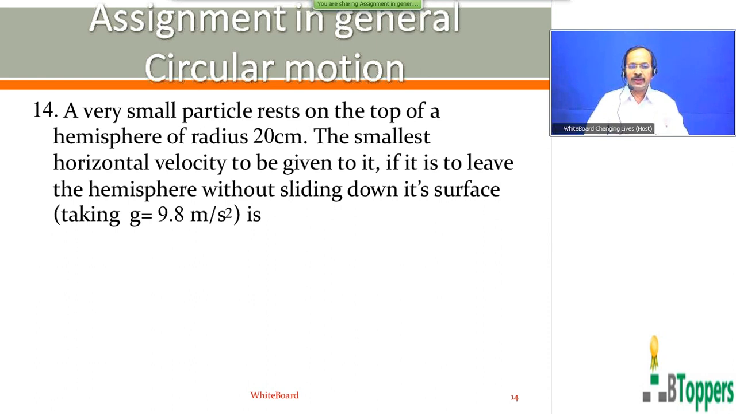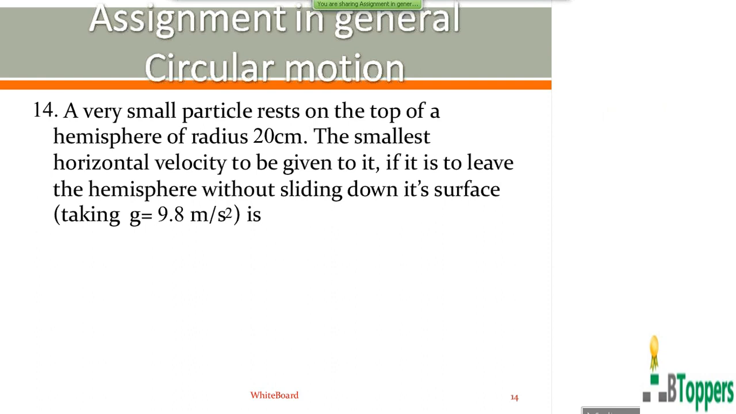Look at question number 14 on the screen. A very small particle rests at the top of a hemisphere of radius 20 centimeter. The smallest horizontal velocity to be given to it, if it is to leave the hemisphere without sliding down its surface, is